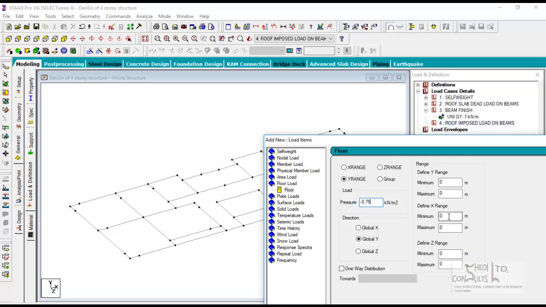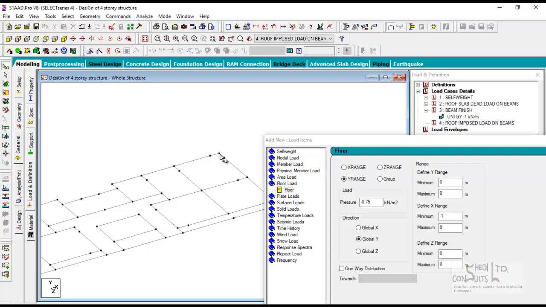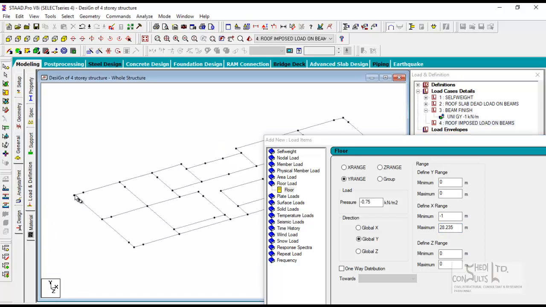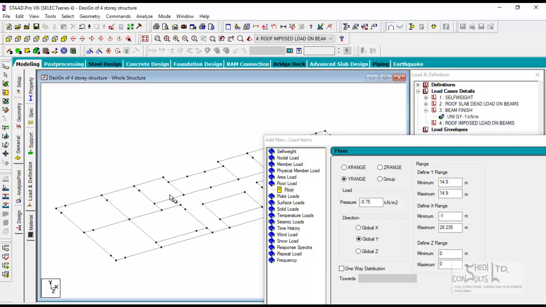X coordinate, okay, so -1. Maximum X coordinate here 28.235. Y coordinate is 14.9. Minimum and maximum is the same because it's a plane. Okay, this is on a plane, so